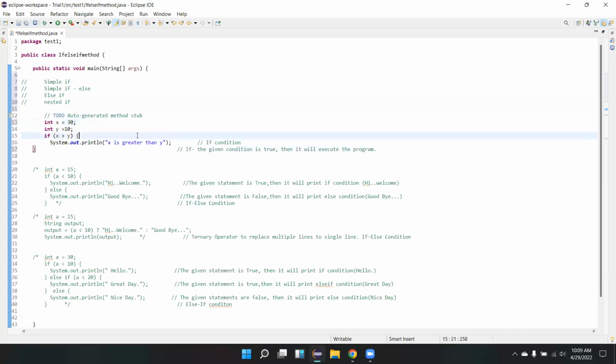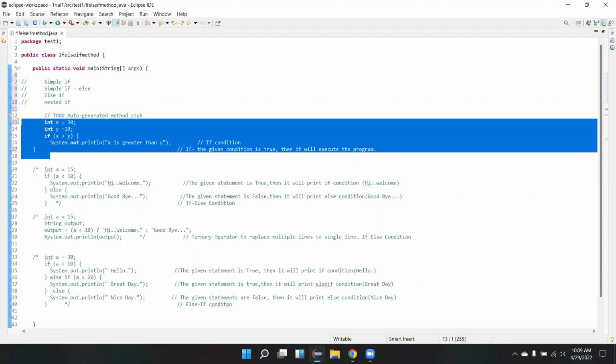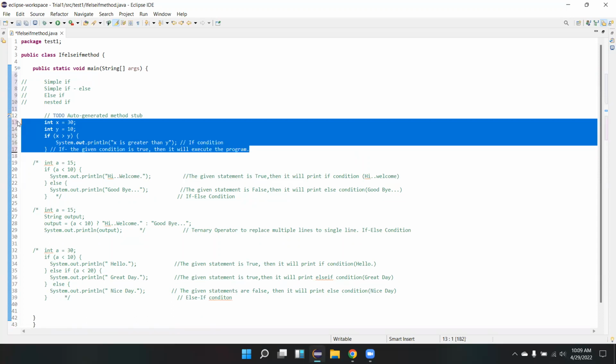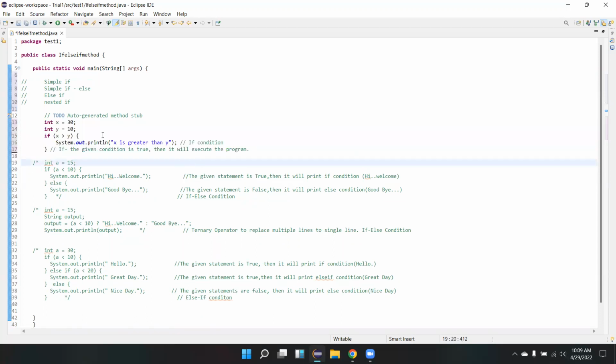Okay, so now let's talk about this one first. Here we have declared a simple integer variable, and another simple integer variable. I used Control Shift F so the code is clean, and I commented the code so it is easy to read.